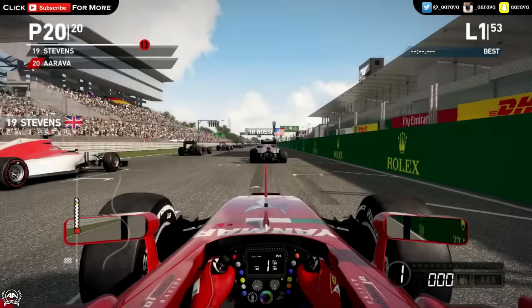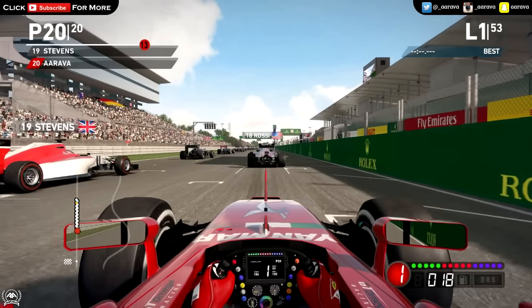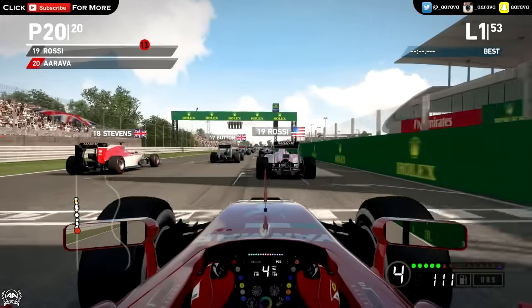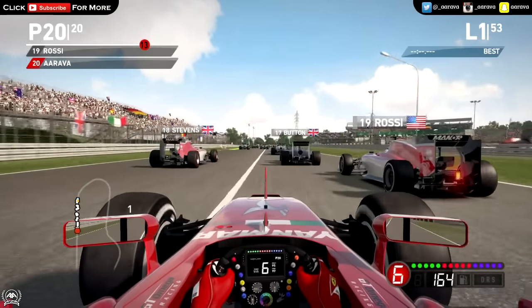Right, so here we are as usual in P20 in this series, revving up towards 5 red lights for this 100% race, Japanese Grand Prix. 53 laps ahead of us, 5 red lights, and we are off, and a very long straight to turn 1, so we have to watch out for where we go. Also a very tight section into that right-hander, so let's take it very cautiously here,